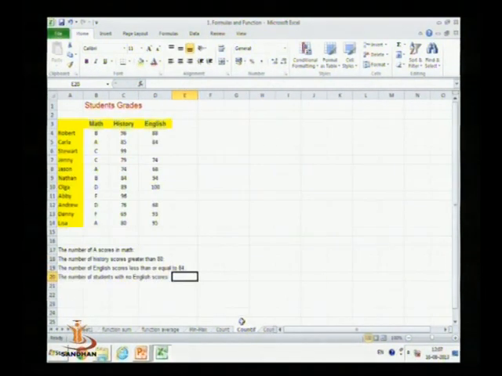Another function is the COUNTIF function. Suppose we have the students' grades in 3 subjects, and we want to find the number of A scores in mathematics.